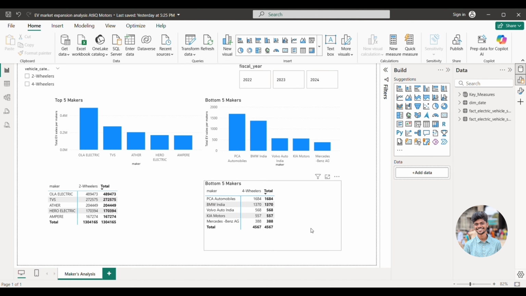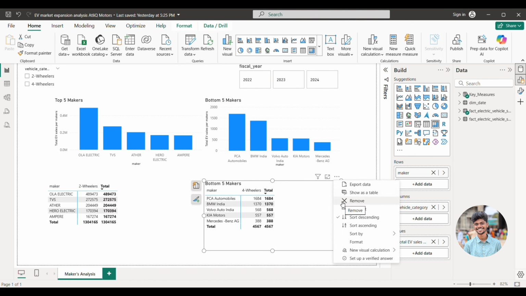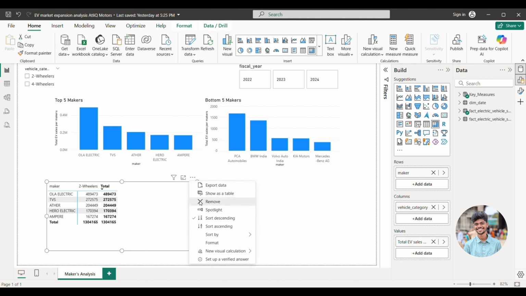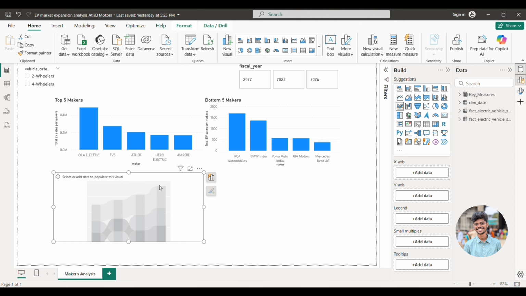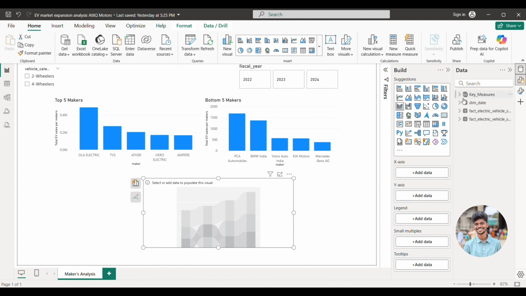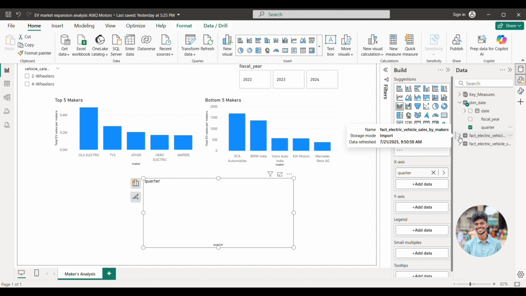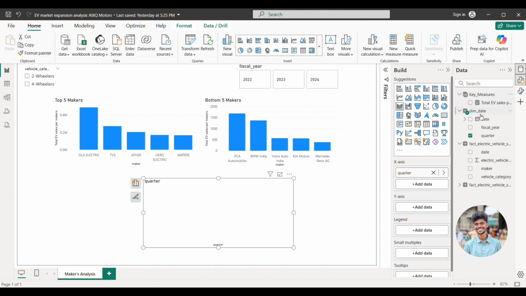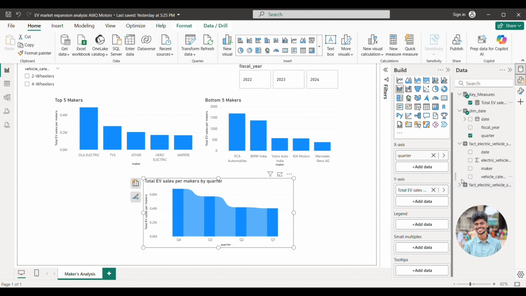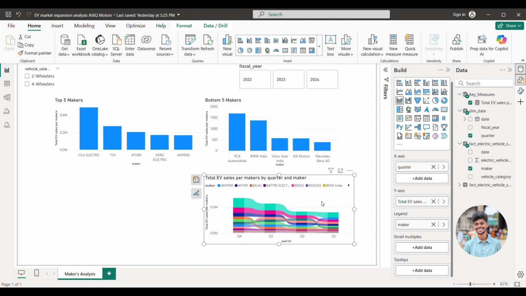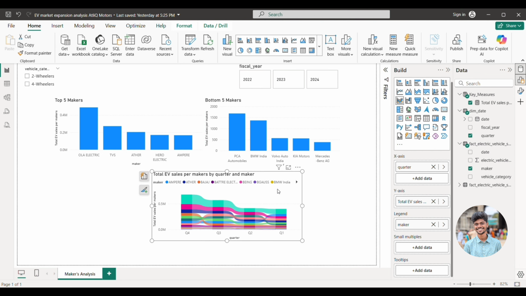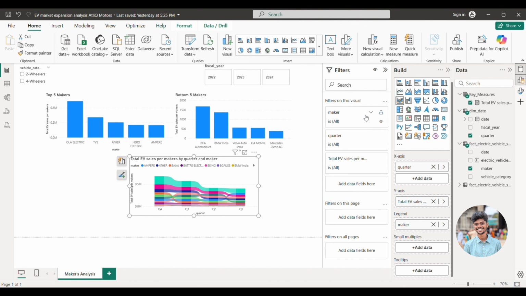And now we don't need this matrix anymore, so click it and remove it, and click the ribbon chart and add the quarter in the x-axis and add our measure in the y-axis, and then add the maker in the legend. They ask us to only show the top 5, right? So click the visual and go to the filter, and for makers